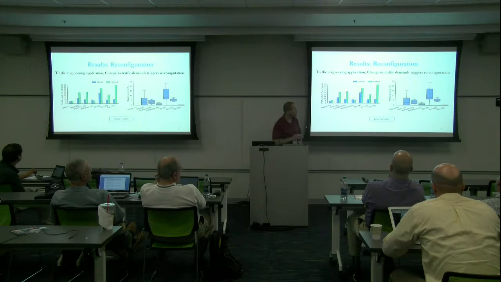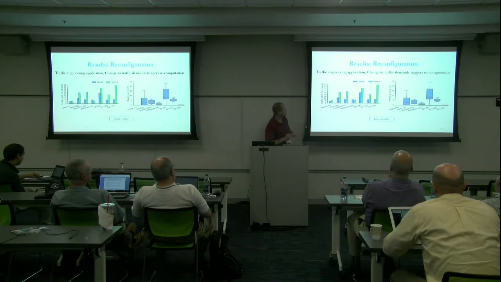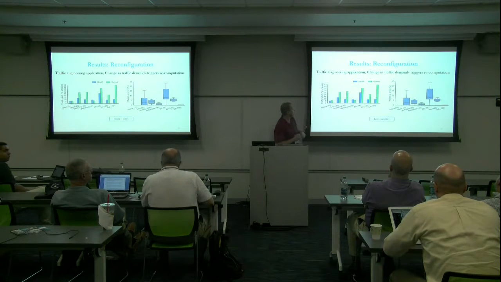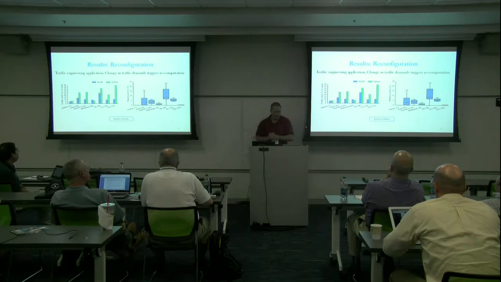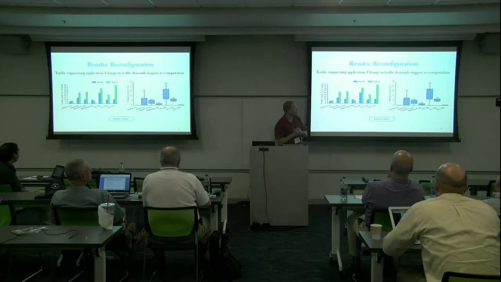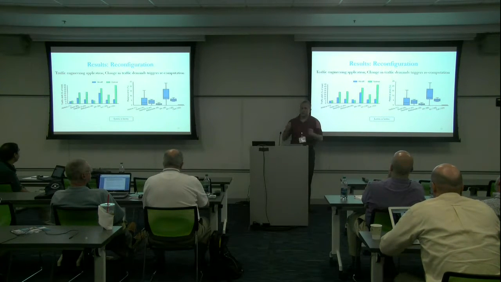I'm not going to go into this in too much detail. Again, network topologies are on the x-axis. The y-axis on this side is the traffic shift in terms of the percentage of traffic that ended up getting moved. And the blue bars indicate what happens with the MinDiff configuration in a particular weighting, and the green bars indicate what you would have moved had you just not cared about how much of the traffic you were lurching around.